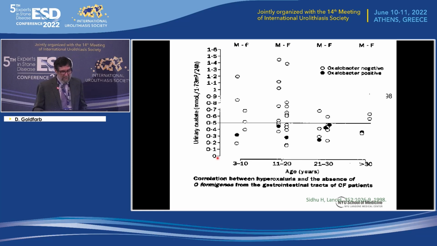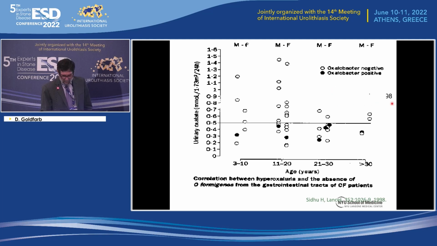of Oxalobacter. Harmeet Sidhu published this data in the Lancet some time ago, looking at patients with cystic fibrosis. And my family has a particular interest in cystic fibrosis. It's what my wife does research in. And so we have paid attention to the fact that if you look at this line across this graph, the line of, let's say, normal urinary oxalate on the y-axis, and look at patients of various ages, patients who had Oxalobacter present in the black circles were below the line. They had lower urinary oxalate. No patient with the presence of Oxalobacter in the stool was above the line, having abnormal amounts of oxalate in